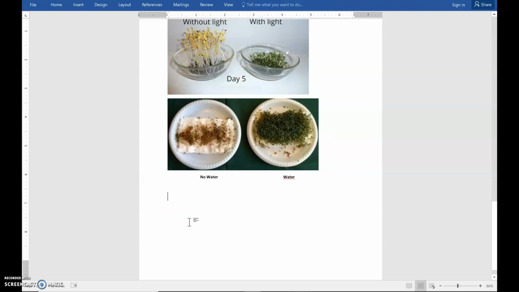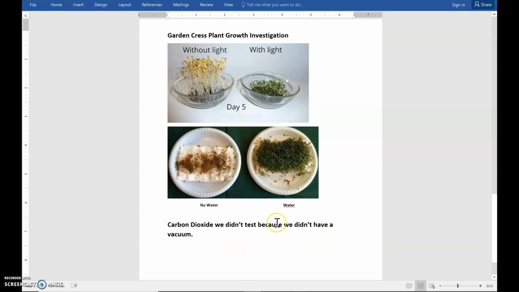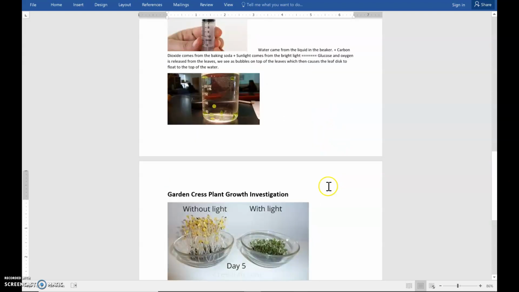The last one we could test was carbon dioxide. And we didn't really have a good way to test this because we didn't have a vacuum. Meaning we needed a way to suck out all of the air from the plant in order to test it, to see if the plant could grow without carbon dioxide, and we didn't have a good way to do this. So carbon dioxide was not really tested. We tried a couple ways, but they did not work in class. So really we just saw how light and water were necessary for a plant to grow. So those are the 2